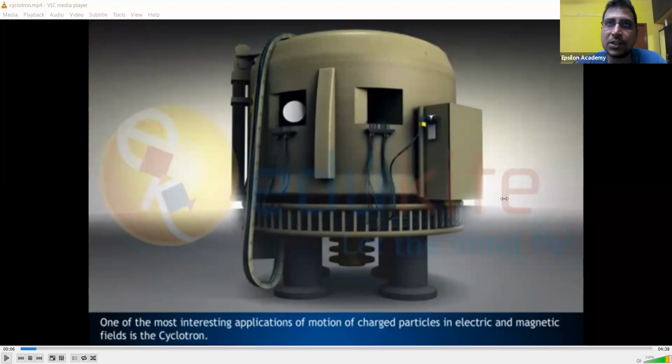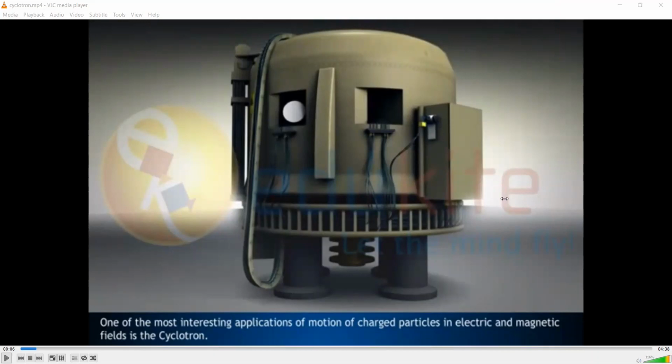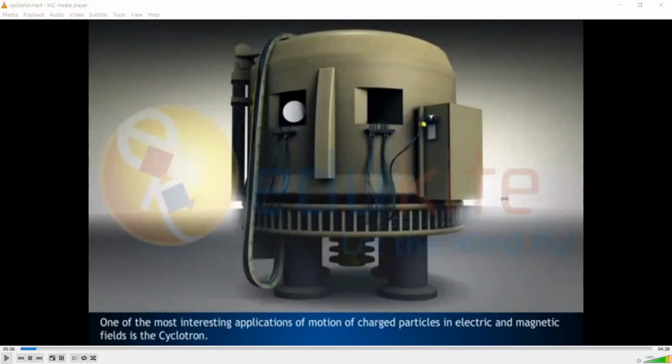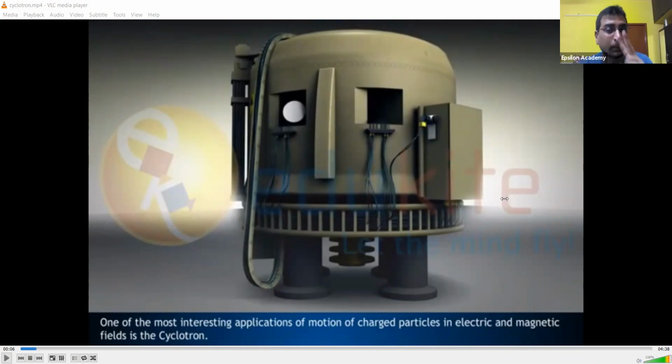But what happens when a charged particle is projected in the direction of magnetic field, according to Lorentz force? There's no force. It will not experience force. But the question is, is it going to move? Most of us have a misconception: no force means it will not move. Yes, it will move, but with a uniform velocity. So there is a minor difference here. When the same charged particle is projected into the electric field, it experiences a force of QE in the direction of it if it is a positively charged particle, whereas in the case of magnetic field, it doesn't experience force at all.